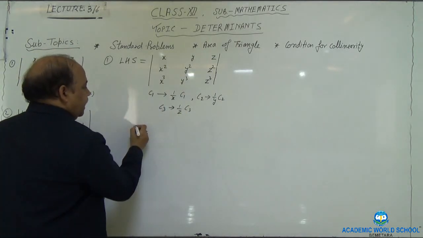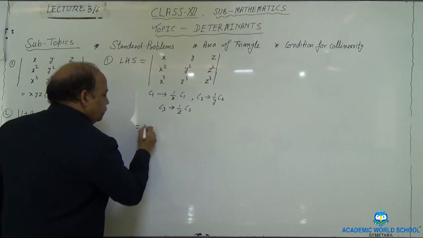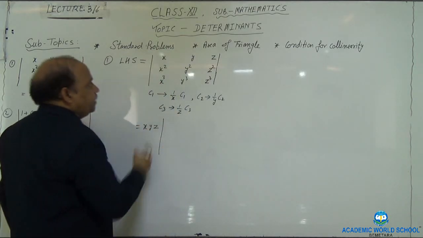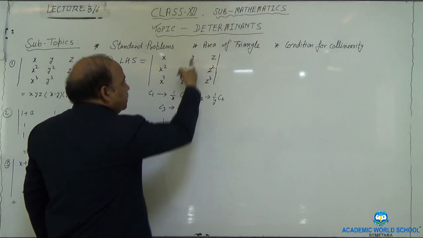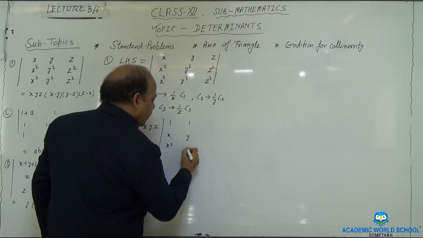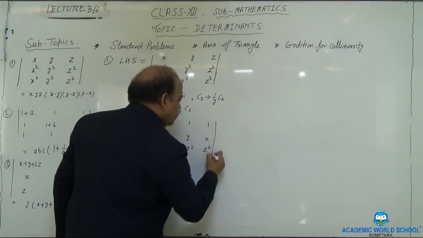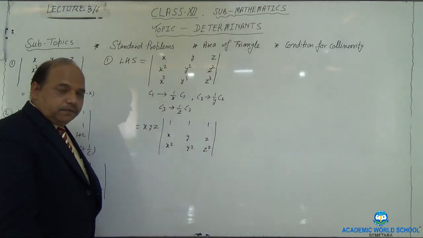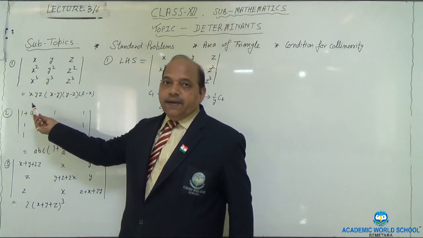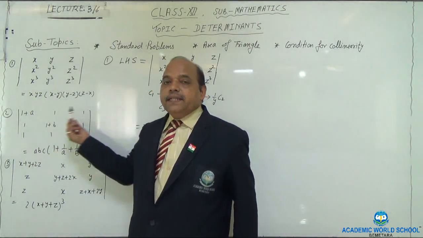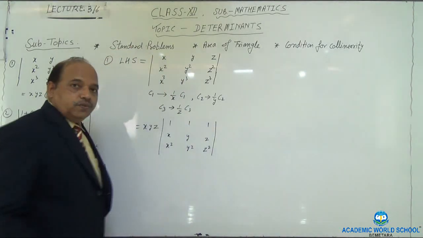So let's take that. After that, what will happen if you take x, y, z from here? You got x, y, z from here. So this will become 1, x, x square. This will give you 1, y, y square, 1, z, z square. This is what is left. Now we got this part x, y, z. Now we have to bring this one, which is written in factors x minus y, y minus z, z minus x. So that we need to arrange.